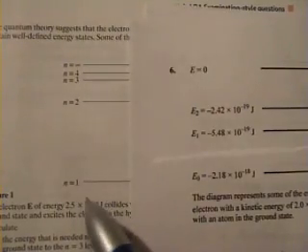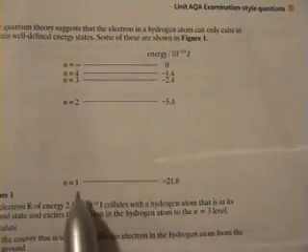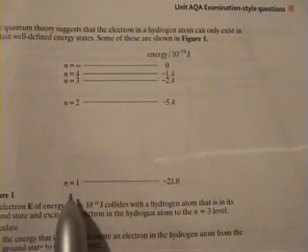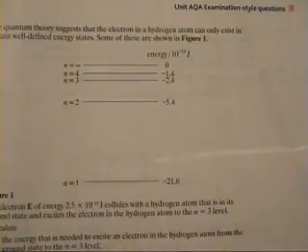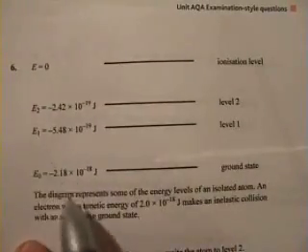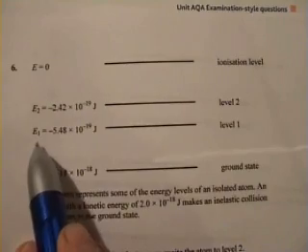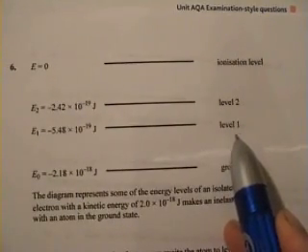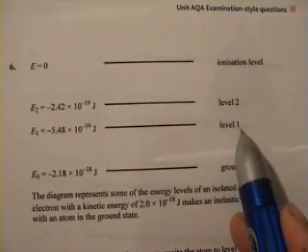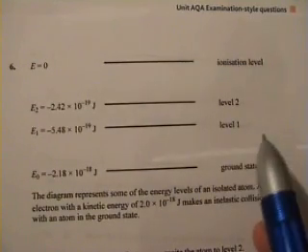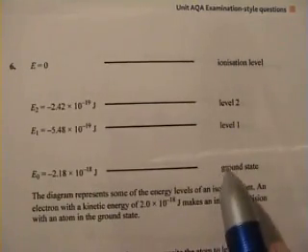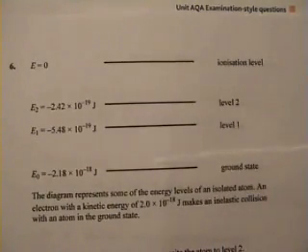notice is that the question in the book calls the lowest energy level, which we have to assume is the ground state, n equals 1, and the next one n equals 2, n equals 3, and so on. The example I'm going to do doesn't use n, it uses little subscripts to label the energy levels, and the one labelled level 1 isn't the ground state of this question, it's the next state up. So it's as if in this question it's using the numbering system where the ground state would be level 0. So we've seen two questions that seem to use different systems, so we have to